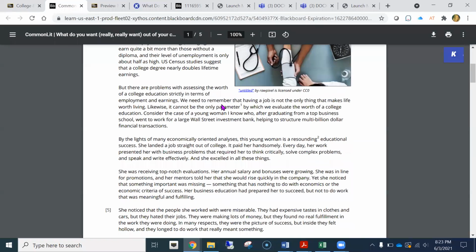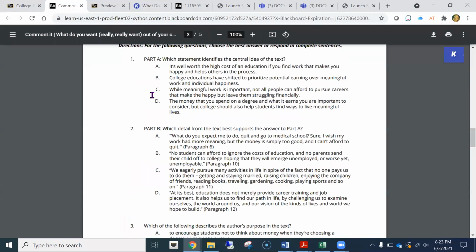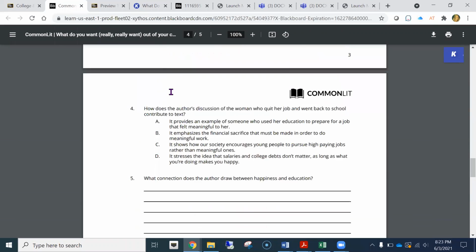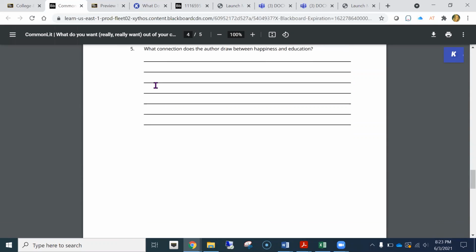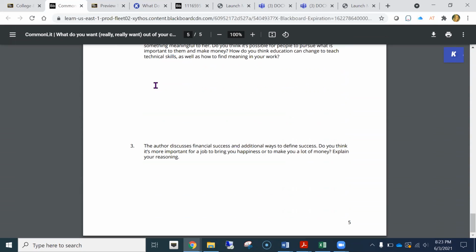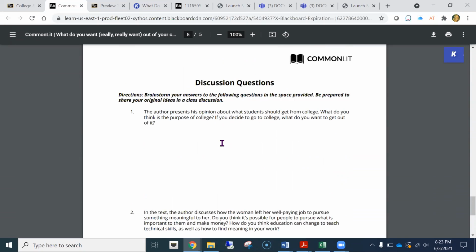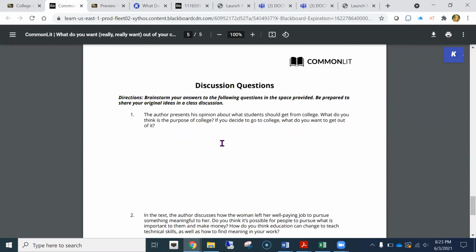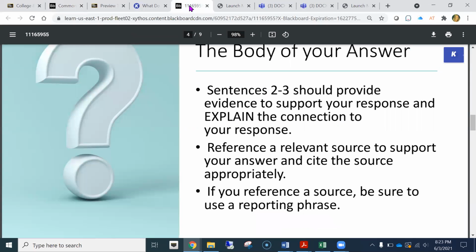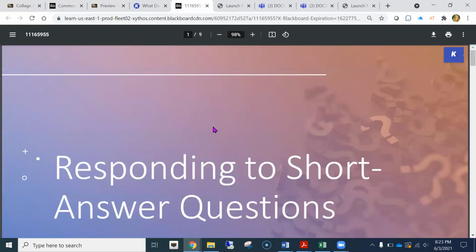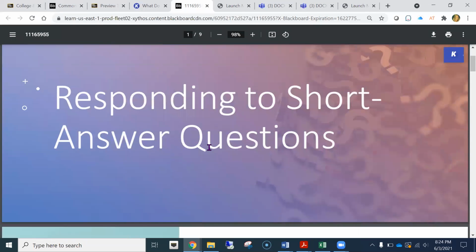And at the end of each of these articles are questions, some multiple choice questions, and then number 5, and then the discussion questions 1 through 3. These are actually short answer questions. And so in order to answer these well, you're going to follow the guide that I posted responding to short